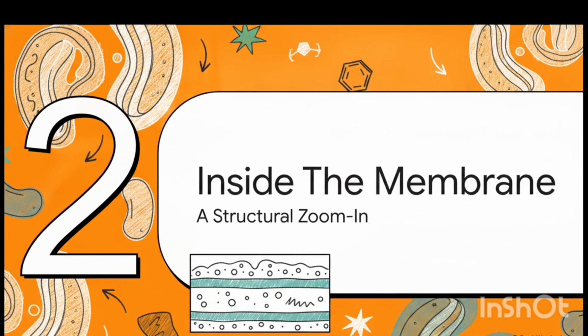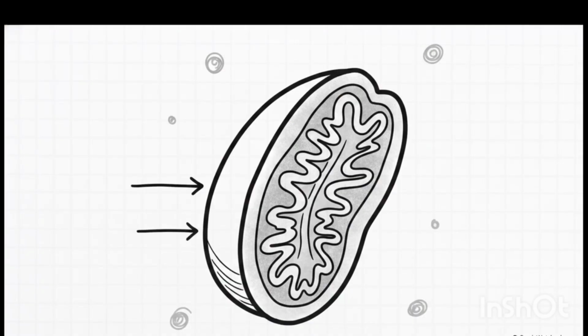Moving on to Section 2, inside the double membrane. Let's do a structural zoom in. The architecture here is absolutely fascinating because it isn't just a simple single skin holding everything together. The mitochondria actually consists of two distinct layers. You've got an outer membrane that acts as a relatively smooth, continuous protective shell for the whole structure. And then you have a highly specialized inner membrane, which is where the really complex structural design is waiting just